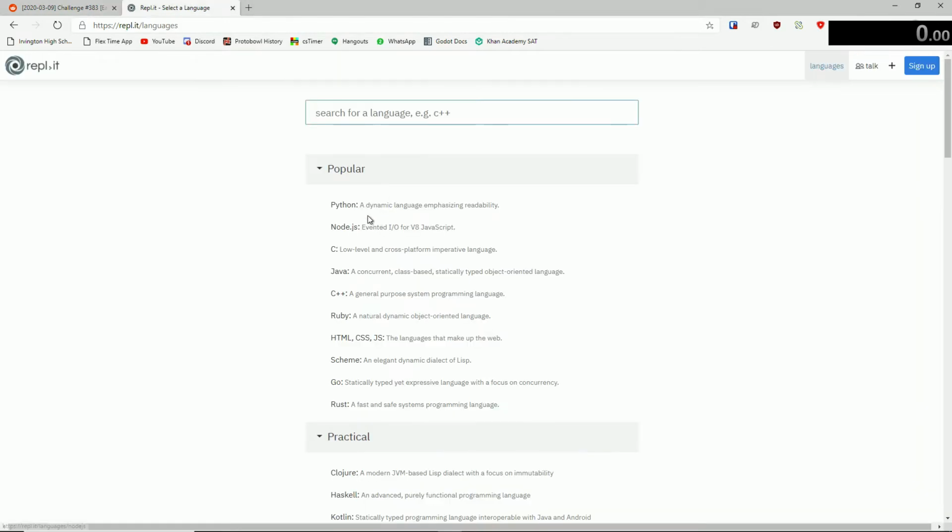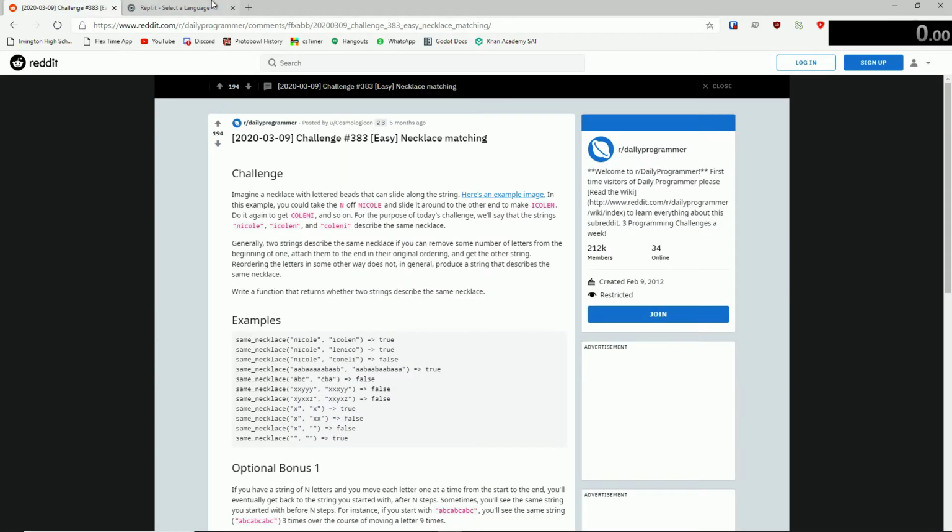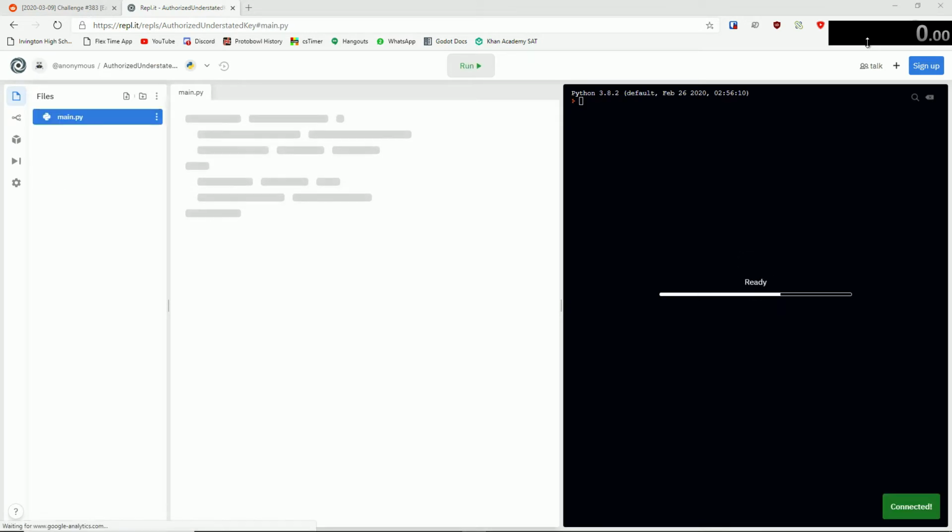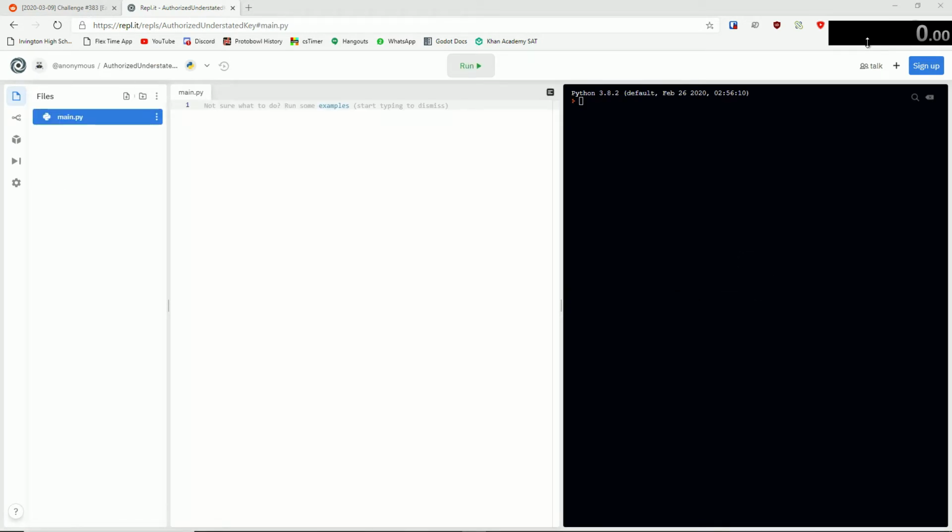I'll start with Python, and once the IDE loads in, I'll click start. Okay. Booting REPL. Ready? Okay, 3, 2, 1, go. So we'll just start with s equals the first string, which they gave as nicol, i equals the second string, which they gave as dicolon. If s plus s